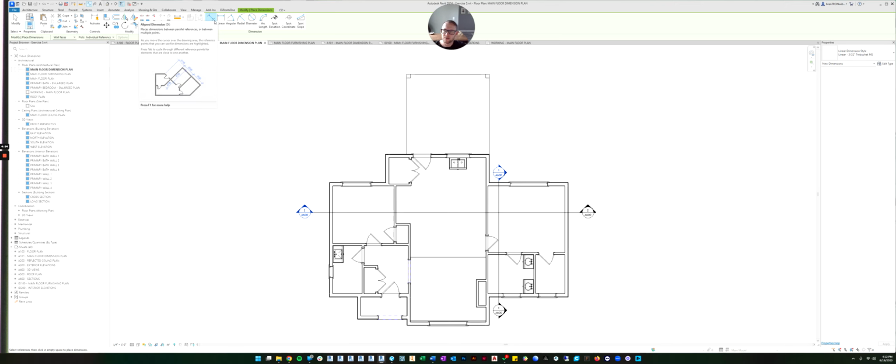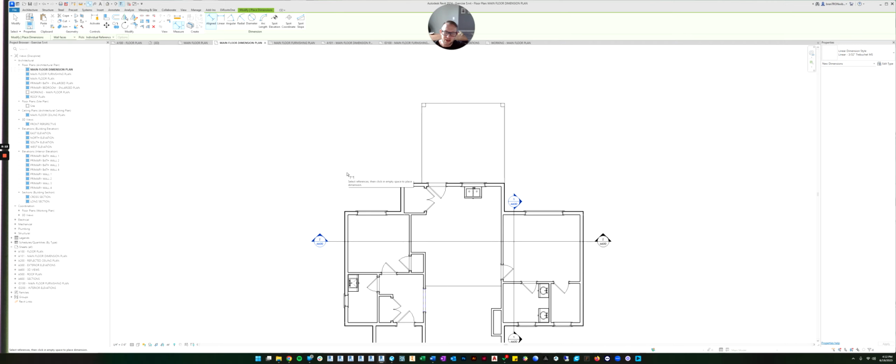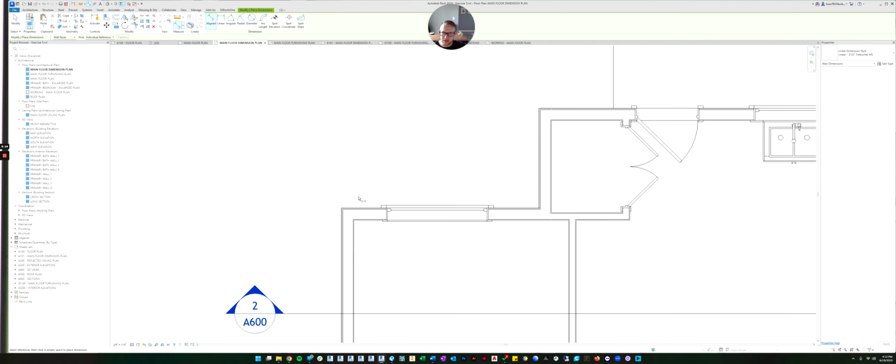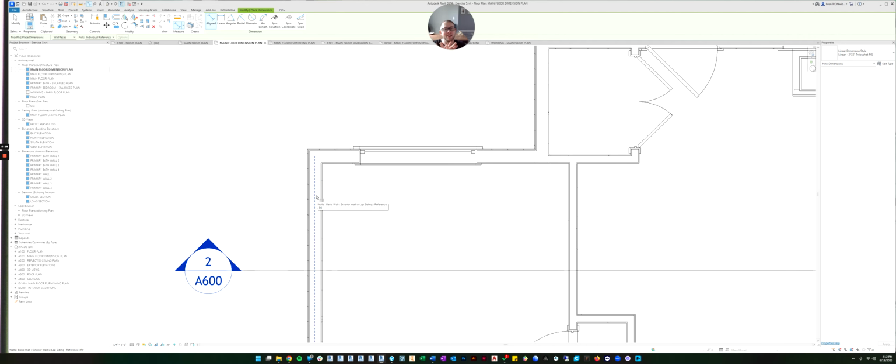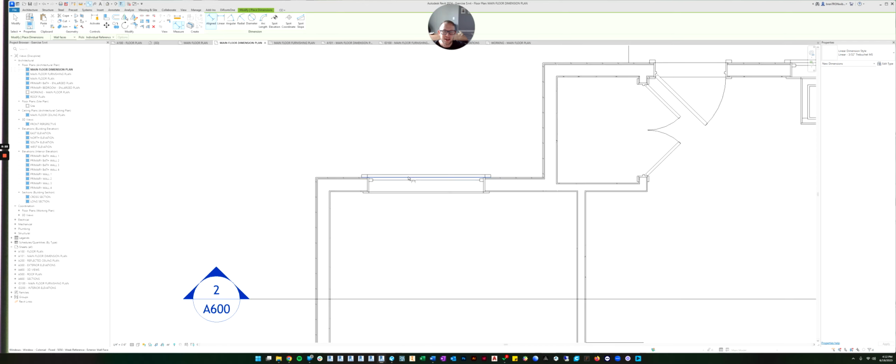It's pretty generic. It just means that if something was at an angle, you'll also be able to dimension at an angle. If you only did linear, you'd always be forced horizontal or vertical, which isn't always what you want. So I just picked the aligned command. And the point of dimensioning is to dimension the walls. Now, this could be a whole topic in and of itself on how you're supposed to dimension. Also, different companies do different things.